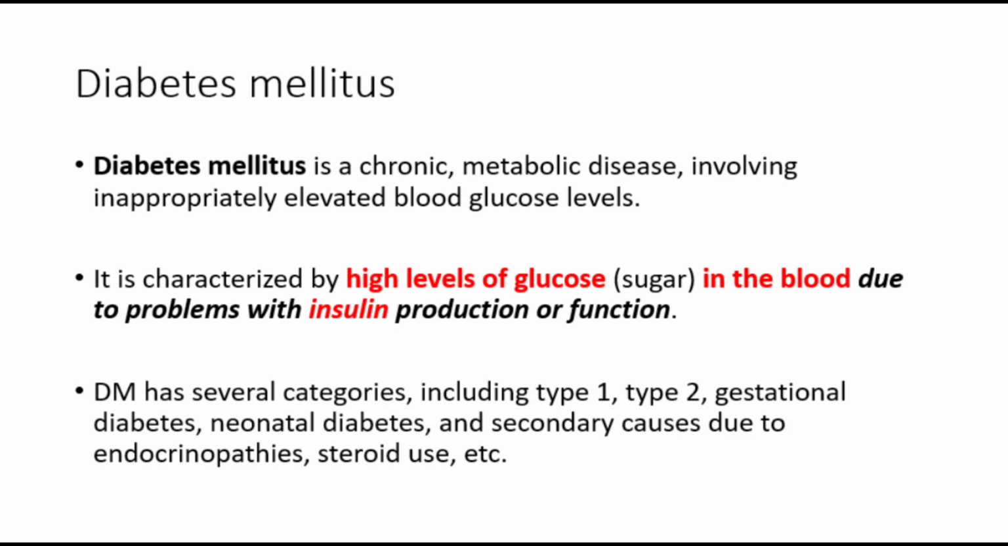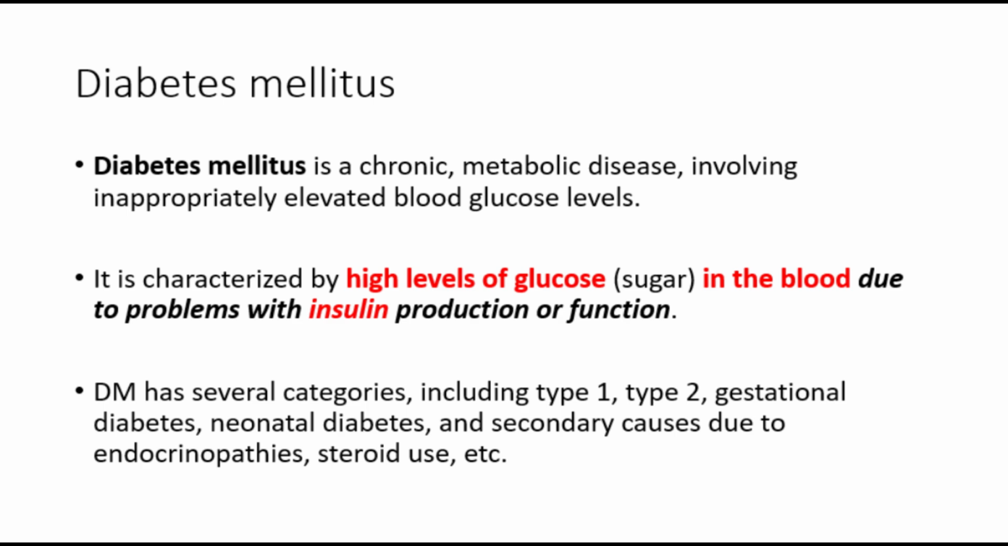What is diabetes mellitus? Diabetes mellitus is a chronic metabolic disease involving inappropriately elevated blood glucose levels. It is characterized by high levels of glucose in the blood due to problems with insulin production or function. Diabetes mellitus has several categories, including type 1, type 2, gestational diabetes, neonatal diabetes, and secondary causes due to endocrinopathies,